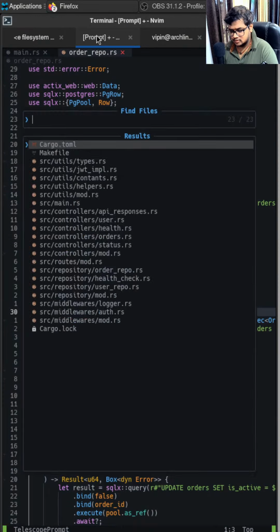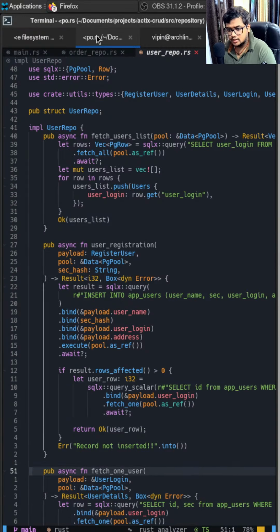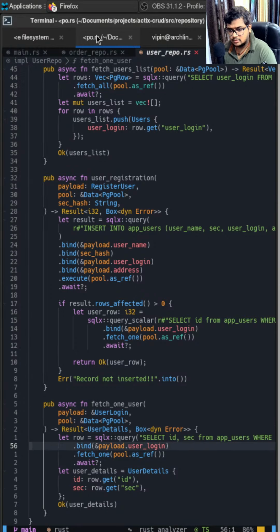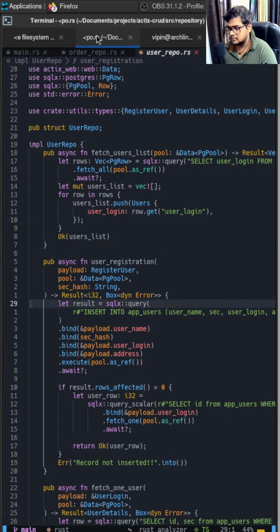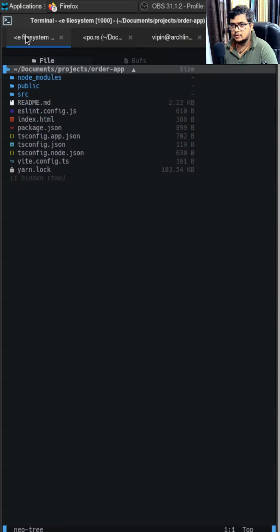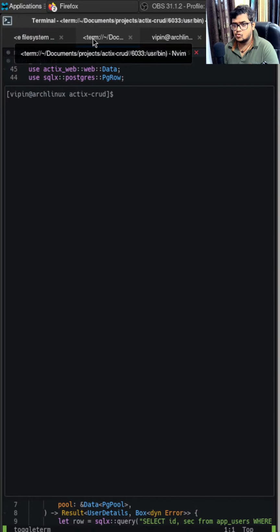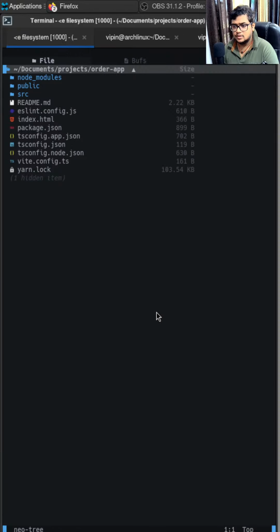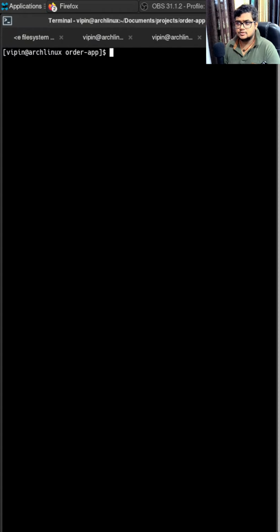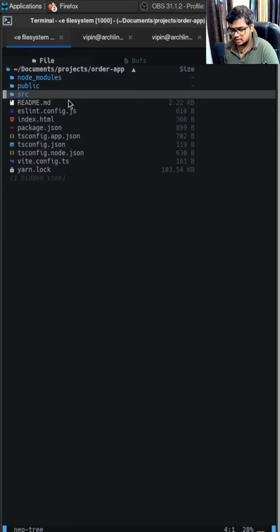One order user repo. Let me just validate one thing. I'm able to register, right? And I'm able to fetch one user as well. User list. Okay, now let's. I think this one is already in Git, so I won't do anything right now. This will be okay. We were working on